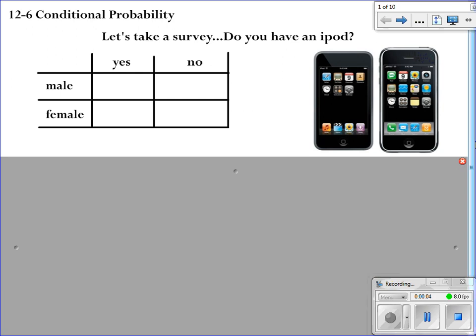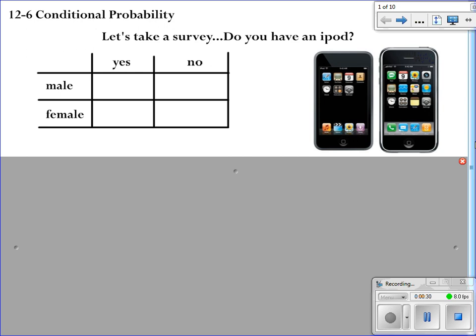We're now looking at conditional probability. This is going to be looking at probability that involves two variables. So for instance, let's say I took a survey of everyone in a store that I stopped in and asked them if they owned an iPod. Then I wrote down all the numbers of if they were male or female and if they said